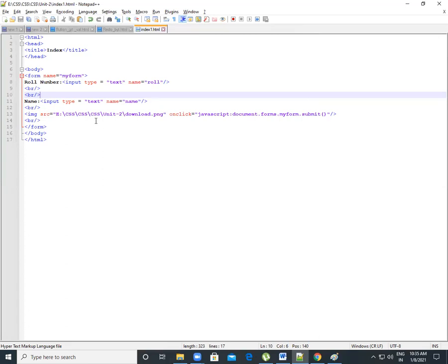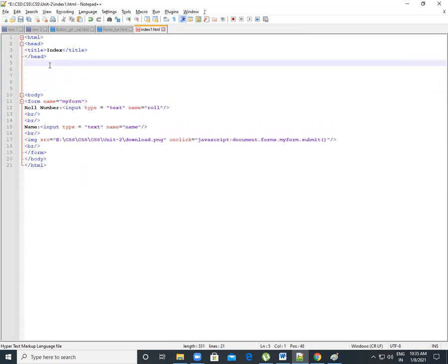For that example, we edit this example and write some other fields. For that, we give some functions here, a disable function and an enable function. So let's start. First, our JavaScript function: script, script type equal to text slash JavaScript, correct?